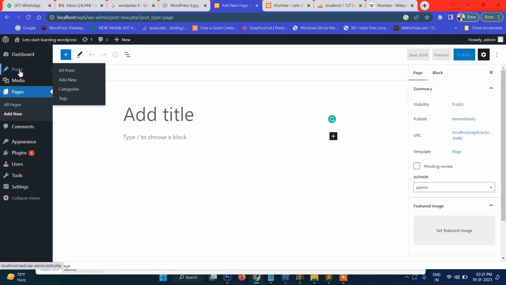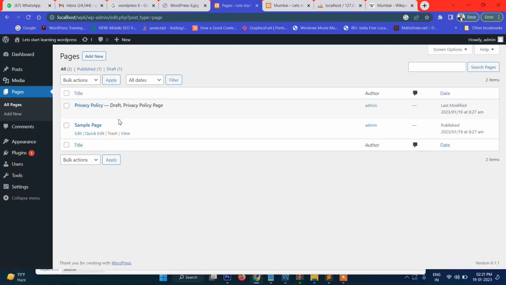Posts are generally used for news, articles, blogs, etc., which are frequently updated. But pages are normally static. For example, in pages, like a privacy policy, there will be only one. It is not that every time you will be editing the privacy policy. Apart from that, also,